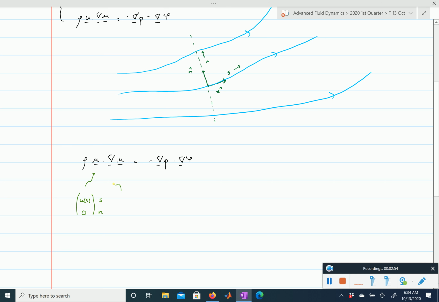And your gradient has a partial in the s direction and a partial in the n direction. Another way of thinking about this is that u here really has just one component, u_s, along the tangent direction. And so if you rewrite the Euler equation in streamline coordinates,